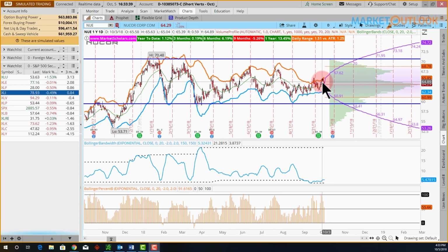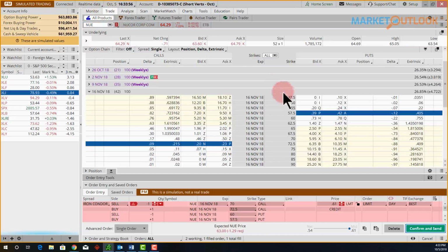So, as much as its 1 year returns are pretty high, and you do have an earnings coming up, we can't be more neutral on a stock like that, even with the upcoming earnings. So of course, one way to trade a neutral stock like that is to say, okay, what if I were to sell a put vertical below that support,